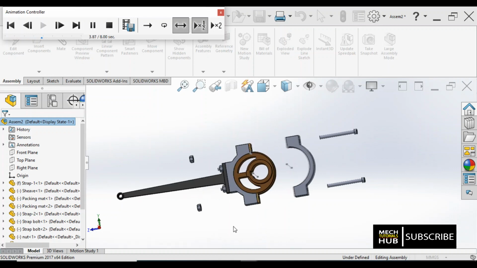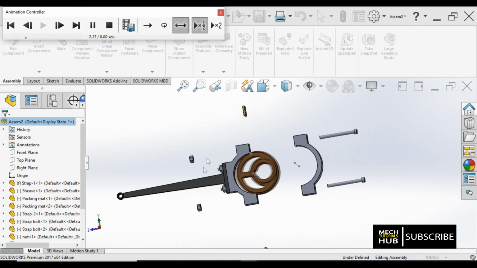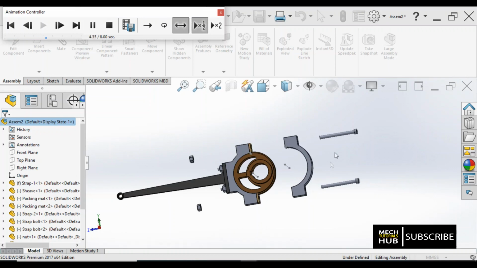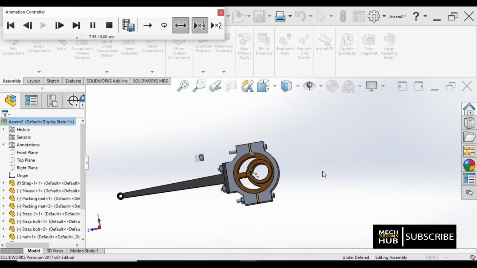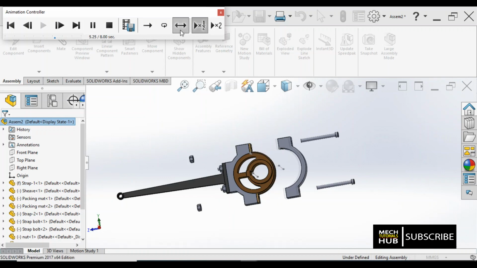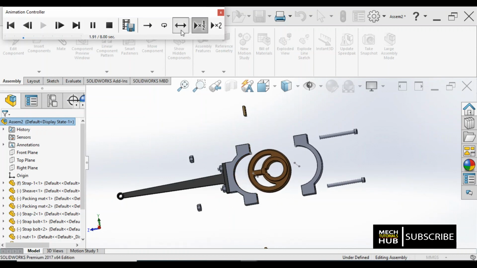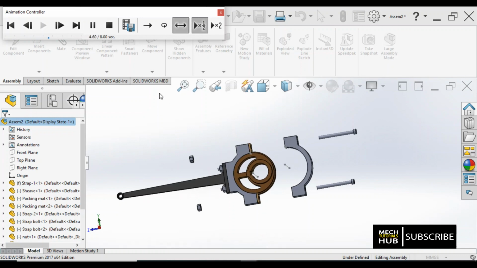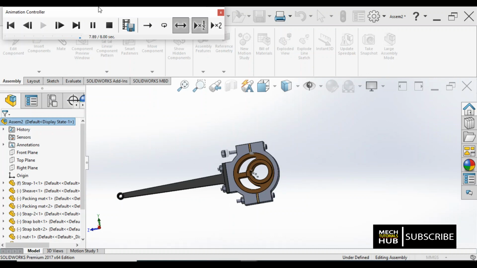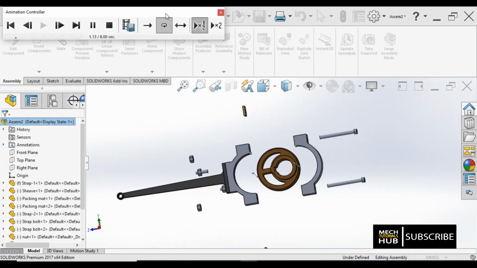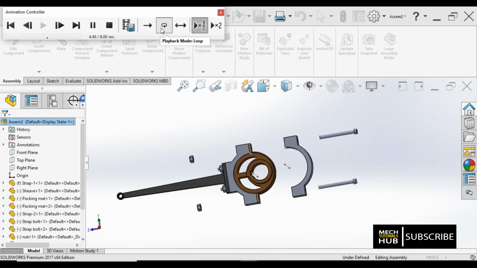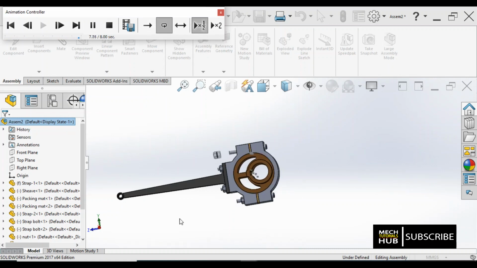Have a look. So here the sequential order is also very much important. The way you unexplode one after the other, in the same way the animation will also take place. If you go in a wrong way, without unscrewing, if you remove the bolt, then the complete animation goes wrong. So it is a repeated process, continuously happening. If you want to stop that continuous process, this option needs to be taken off. Once you uncheck that, the components will come and sit. You can make it a loop also with the repeat option here.